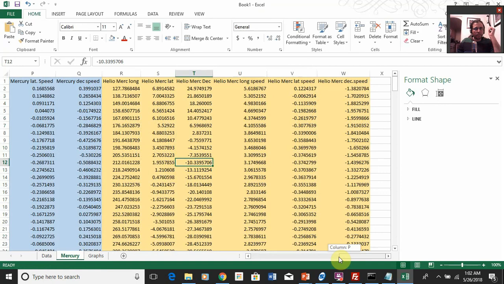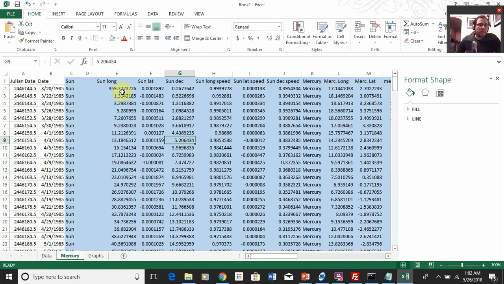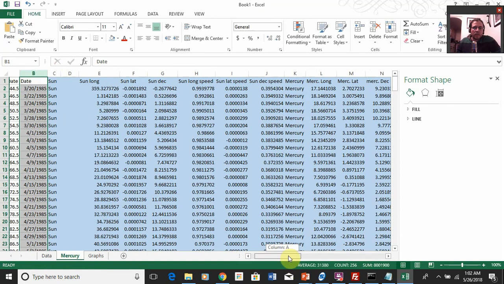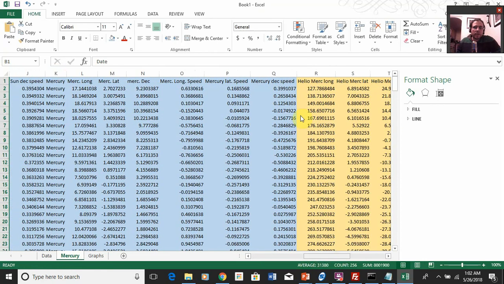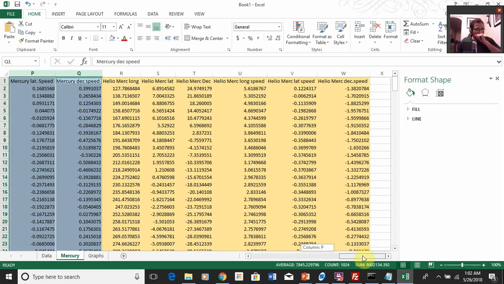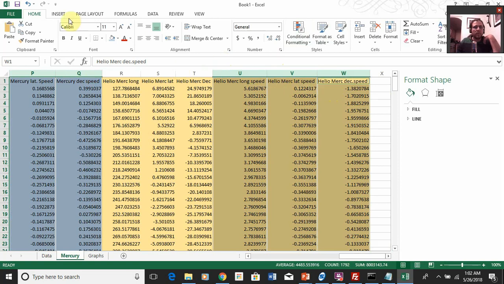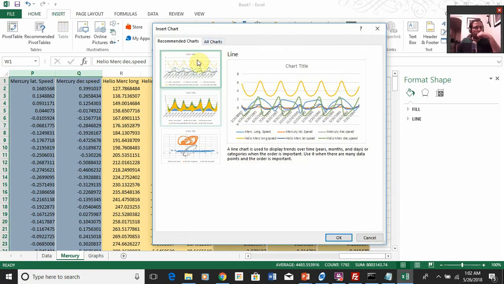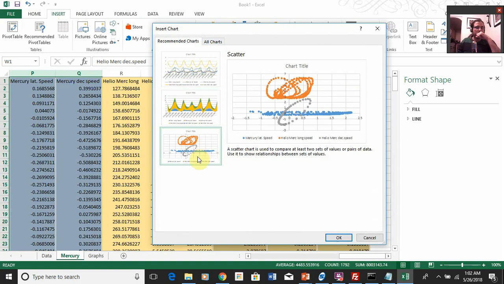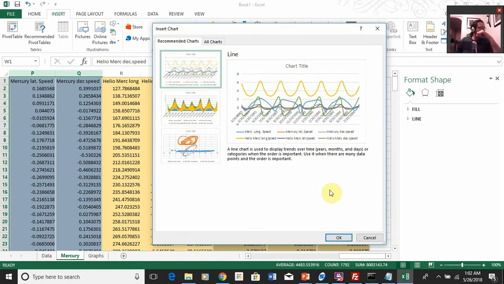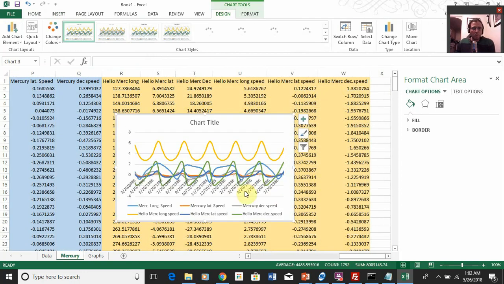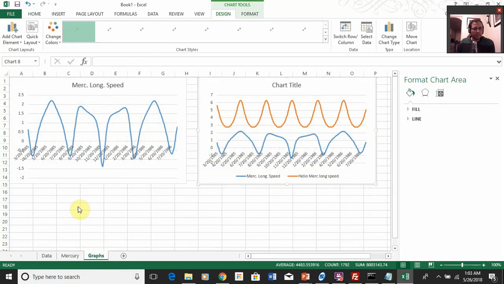Now I want to show you something that's kind of nice. Click on the date, and we're going to do a graph of all the speeds for Mercury. Mercury, longitude, latitude, declination, geocentric, heliocentric speeds. Then go to insert graphs. Kind of crazy, huh? Click OK. So it looks a little bit of a mess, but what's kind of cool about it is